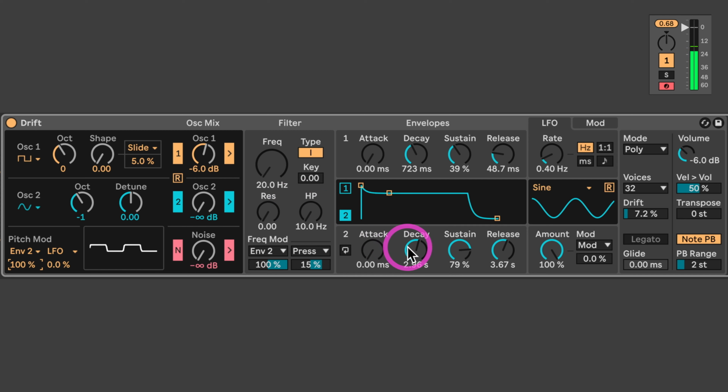It sounds like it's dropping. Like it doesn't sound like what you were expecting. That's because this attack is at 0. So it's immediately going to 100%. If we increase this,